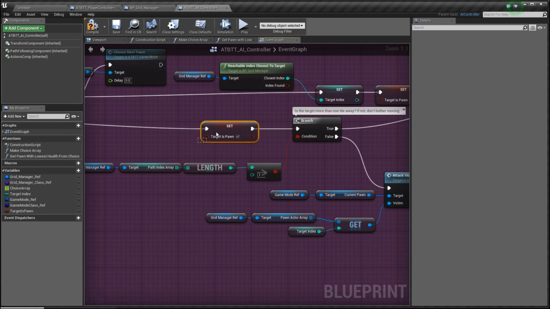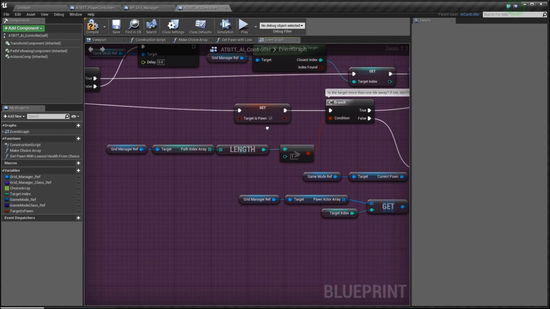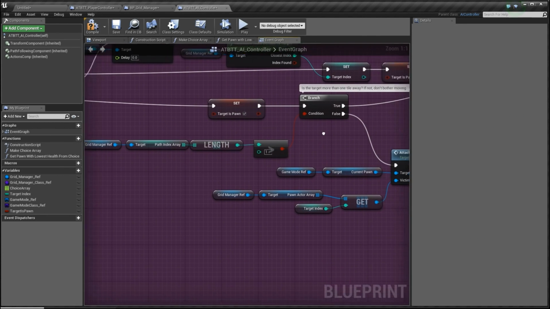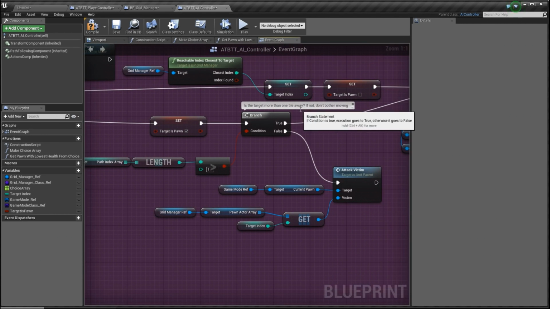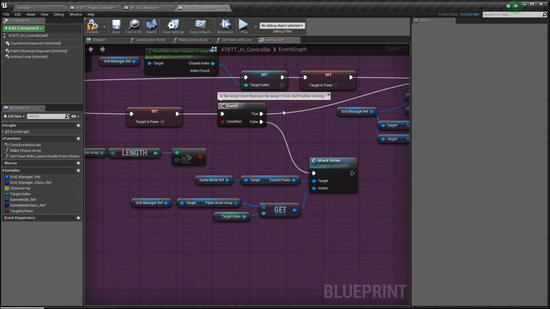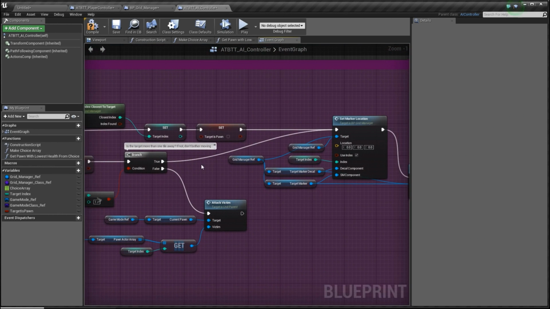So if it is, then the target is pawn, which you may remember from the player. And is it more than one tile away? If it's not more than one tile away, then we don't bother moving and we just attack him, because we're standing right next to him. Then we assume that we can attack him. But if it's true, the target is